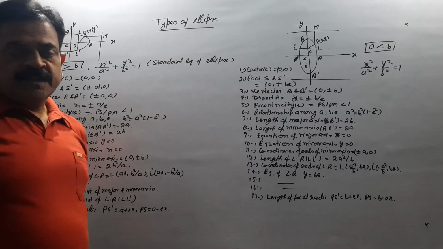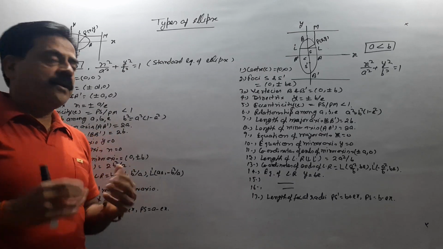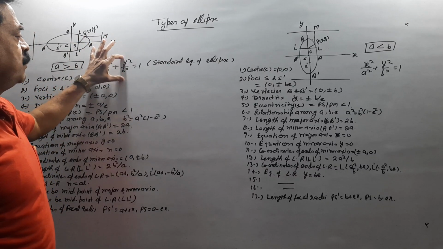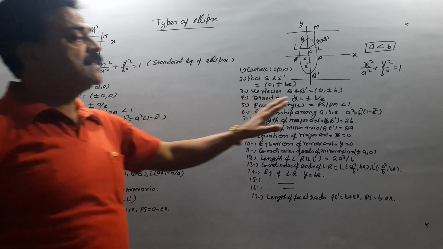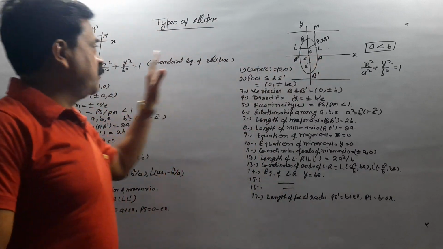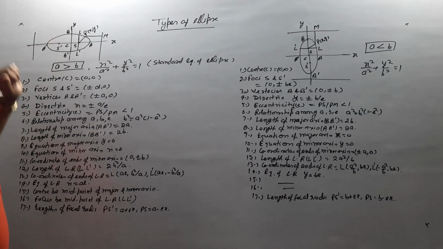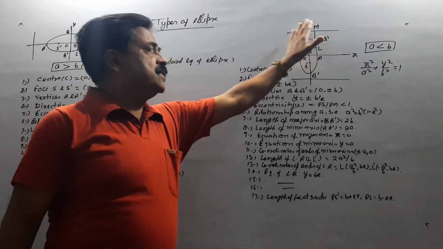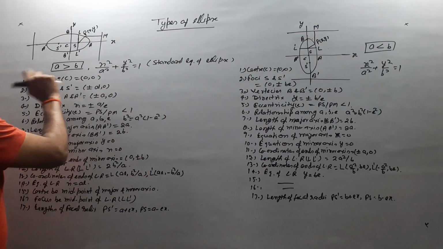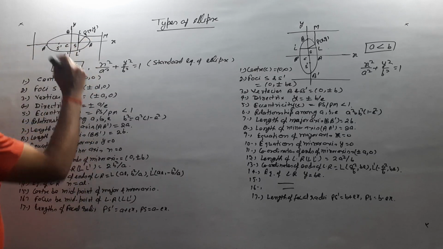Now, types of ellipse. Types of ellipse means there are two standard forms of ellipse. One standard form is x square upon a square plus y square upon b square equals 1, and the other is the same, x square upon a square plus y square upon b square equals 1, but the shapes are different. In this standard form, the shape is this horizontal ellipse, and for this equation, the shape is this vertical ellipse. The difference is, if a is greater than b, a means from point a to a dash is the major axis,